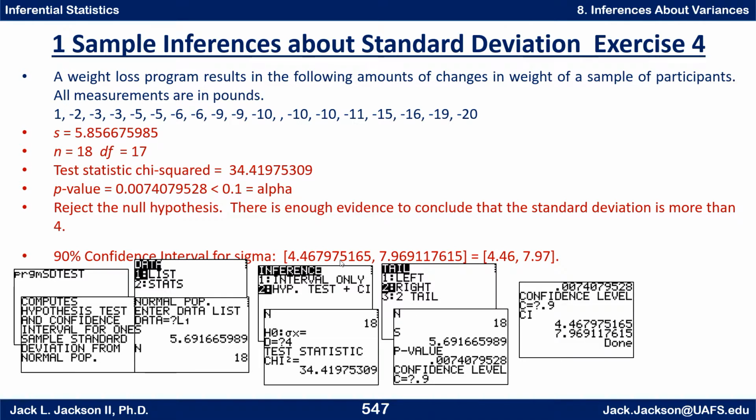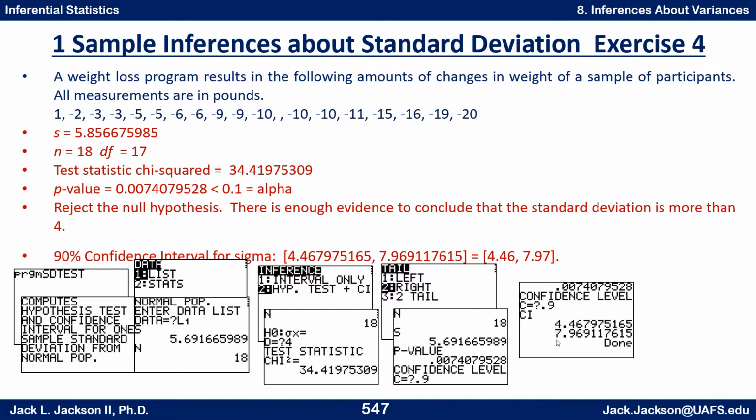Well, anytime, especially when we reject the null hypothesis, we should always couple a hypothesis test with a confidence interval. So if we're going to use an alpha of 0.1, we need to use the same alpha for the confidence interval. So 1 minus that alpha is 90%. So we're constructing a 90% confidence interval. So we enter 0.9 when it asks us for the confidence level, and then it returns the confidence interval,